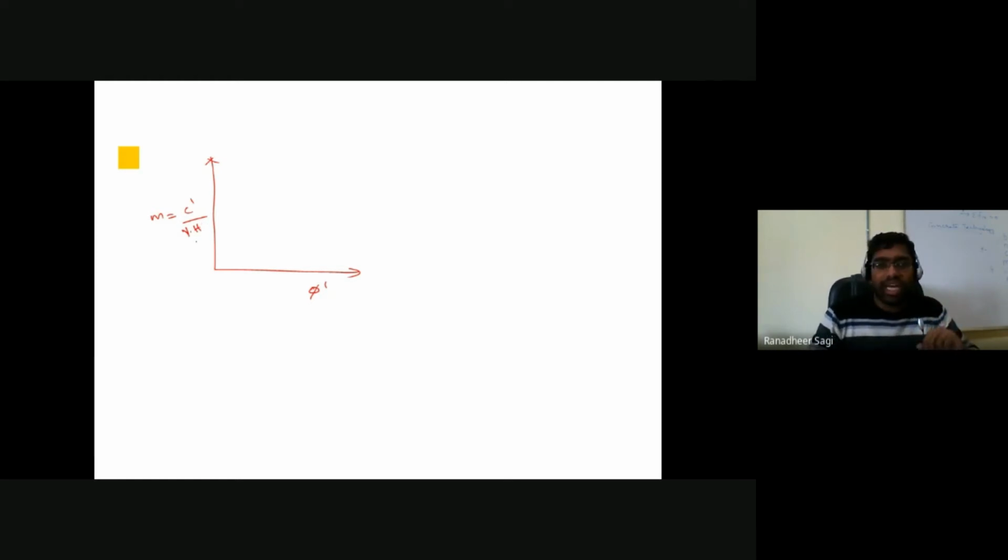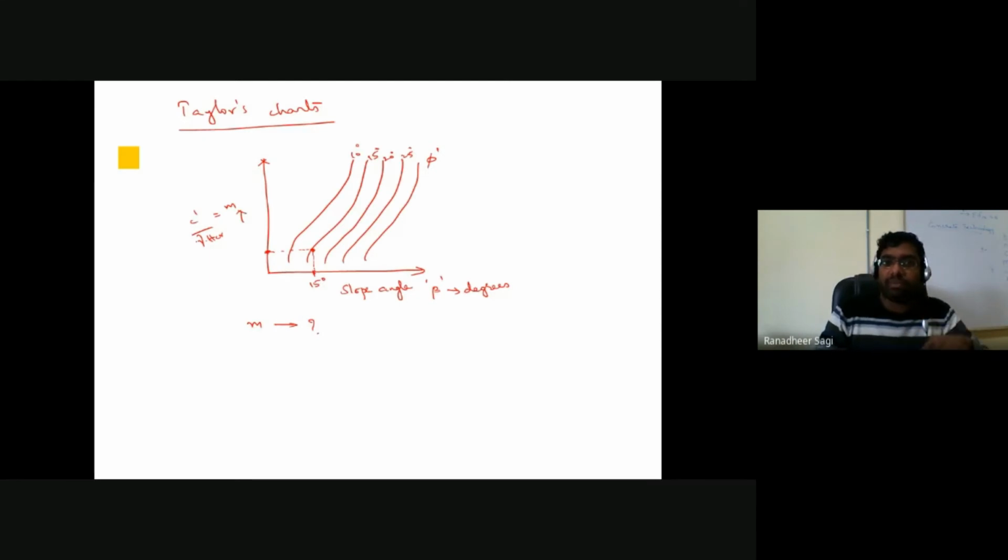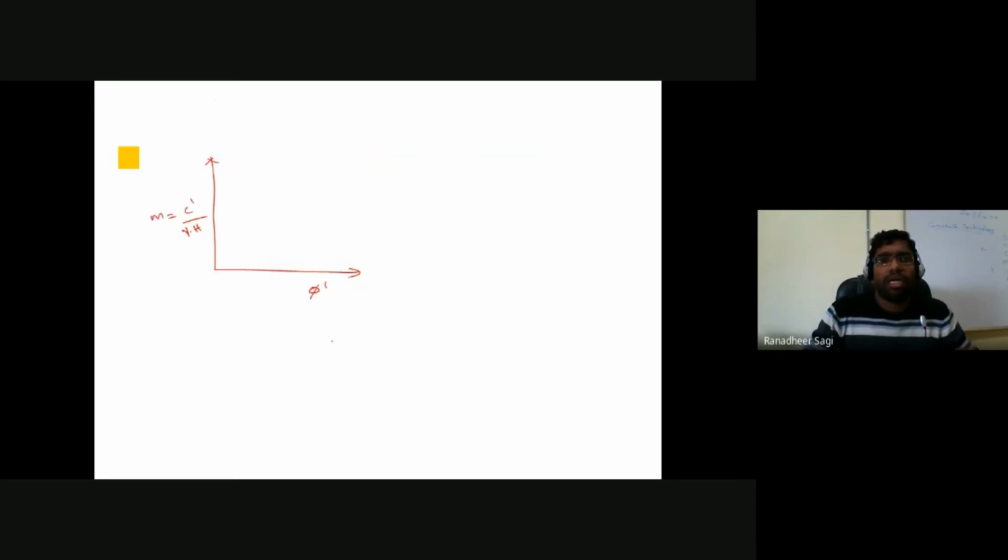Understand the difference. Earlier we were calling it H critical because the set of curves we were seeing were for factor of safety equal to 1. Just at the verge of failure, what could be the maximum height of that particular slope that I can provide? If I want to understand, I can get it from that chart. But if I want to know, for different factors of safety that I want to maintain, what could be the height that I can provide? That we can understand from the different charts given by Taylor.